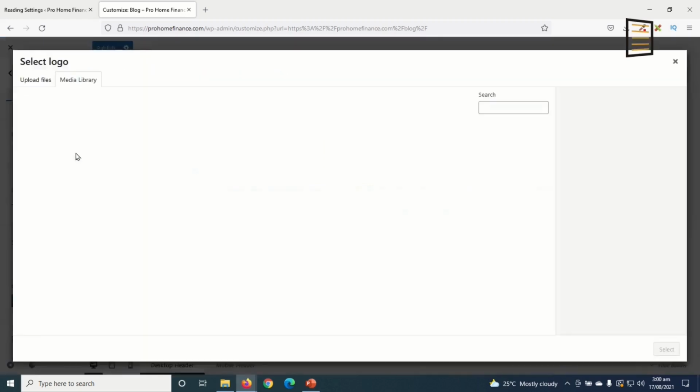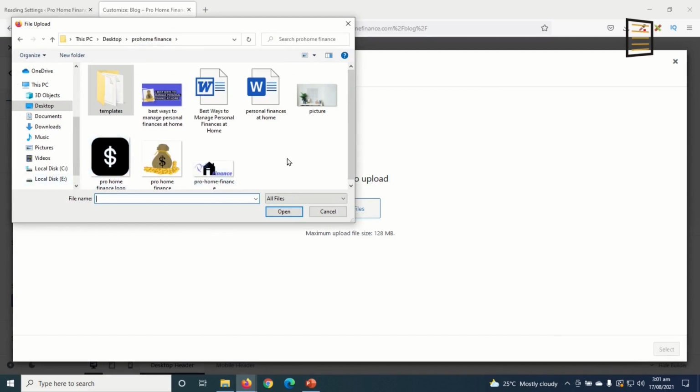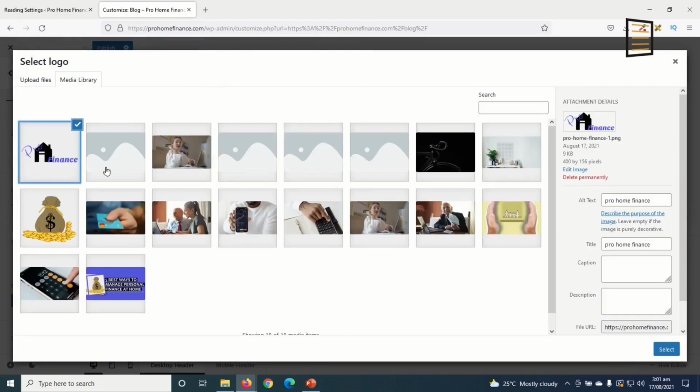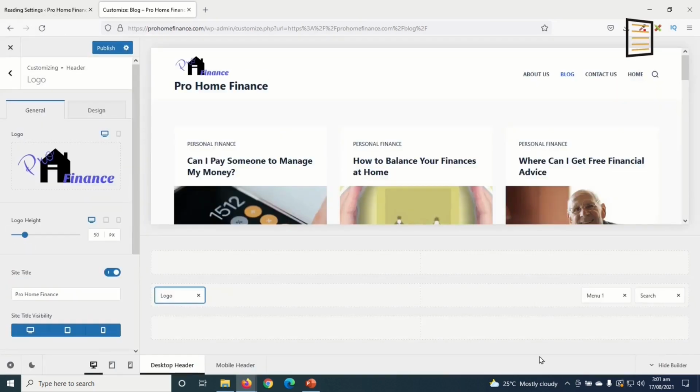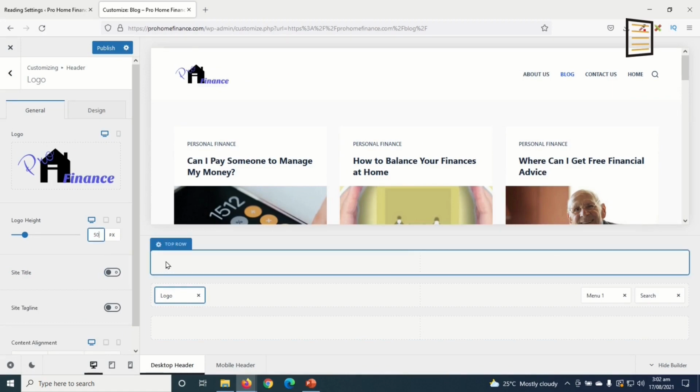In here, I click on select logo, upload files, select files, and I go to the location where I'll find my logo. I have my logo in here, select it and then open. It is inserted. I select it to appear right here, so I don't need the site title anymore. So right here, I toggle it off. Maybe I can increase the height of my logo here from 50. I think 70 is cool. I go back,